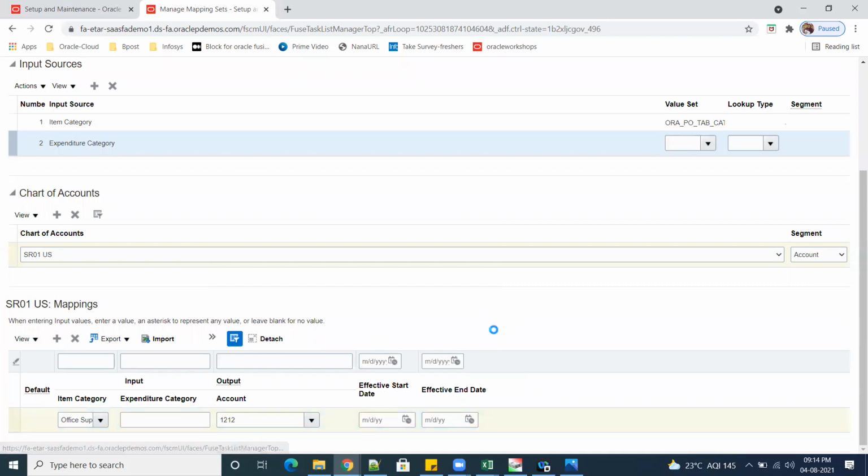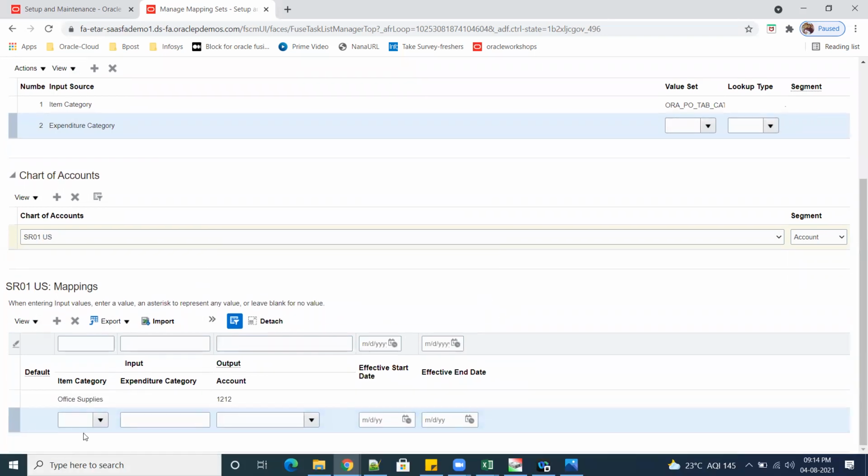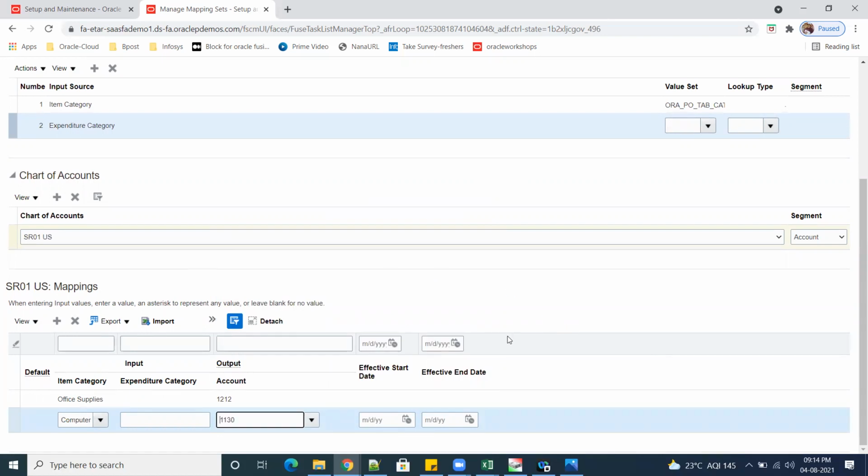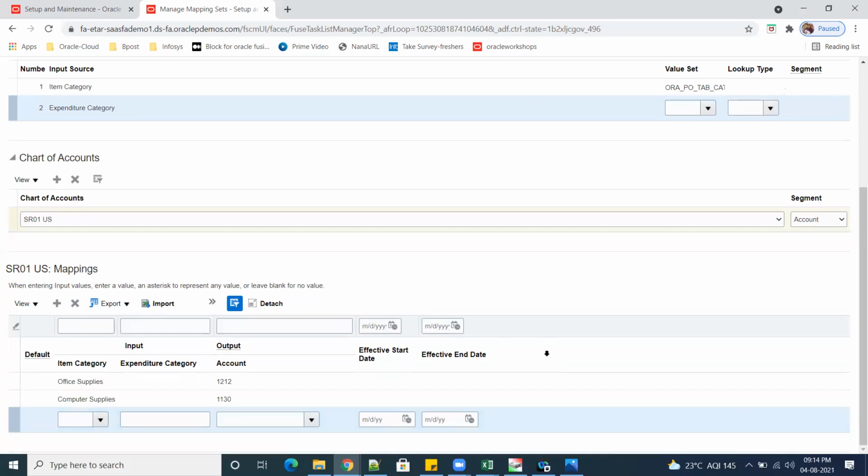Okay. Similarly, if I select something like computer peripherals, computer supplies, then you select 11030. And if we click on plus, for all the rest of the things, you select.